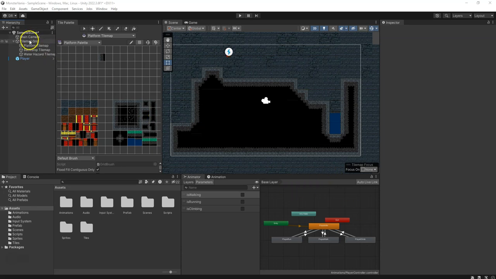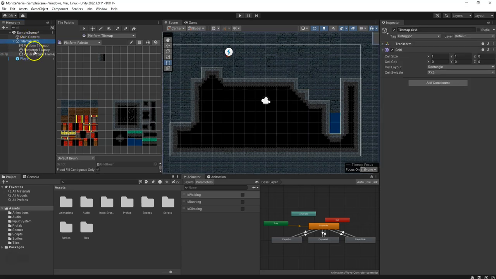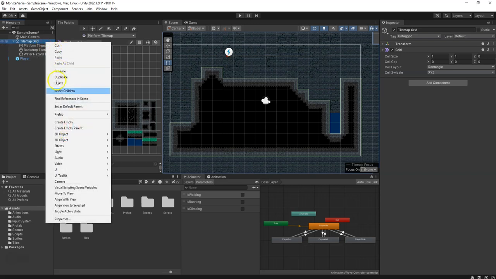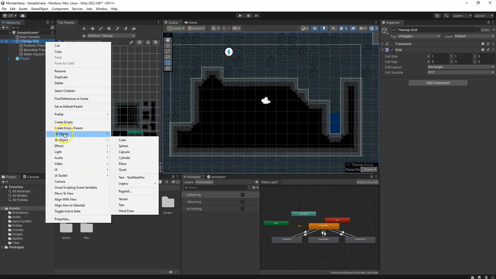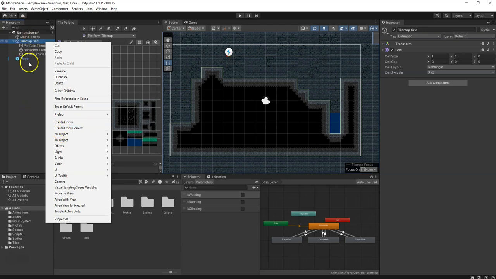First thing I want to do is, back in my tile map grid, I have a couple different tile maps that I can use here. However, the best thing to do when we start encountering things that we want to climb is actually to create a whole new tile map for that. So I actually want to come in here and create a whole new tile map that I can work with. Otherwise, we're going to have to be really finagling here. So this is going to be the best option for us, is to go ahead and actually make that tile